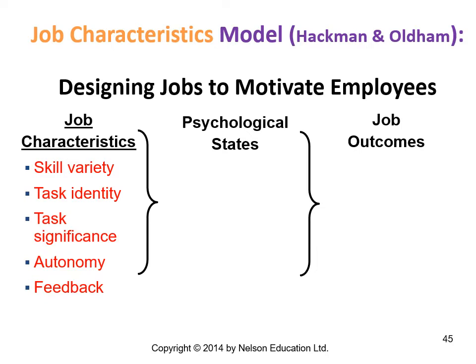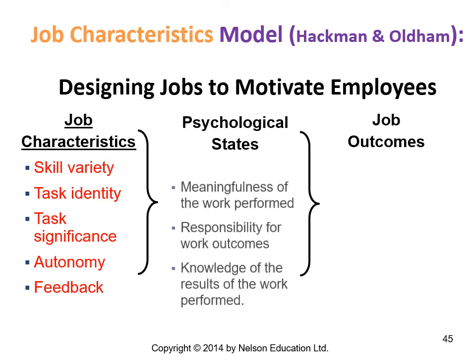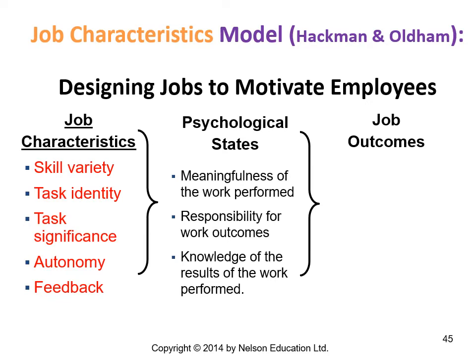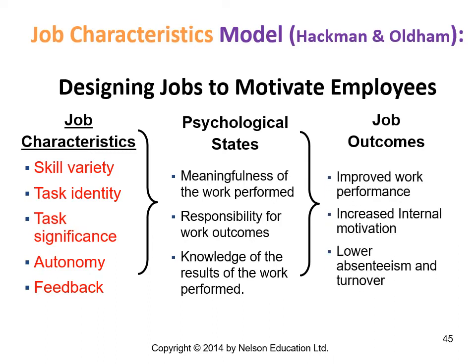The following two things are autonomy, which means having control over my own environment, and last but not least, feedback. You're probably hearing some similarity to the one we just talked about, and you'd be correct. Hackman and Oldham said these job characteristics lead to psychological states where we feel that there's meaningfulness in the work we're performing, we're responsible for our work outcomes, and we know the results of the work being performed. Those psychological states create job outcomes where we have improved work performance, more internal motivation and satisfaction, and overall lower absenteeism and turnover within the